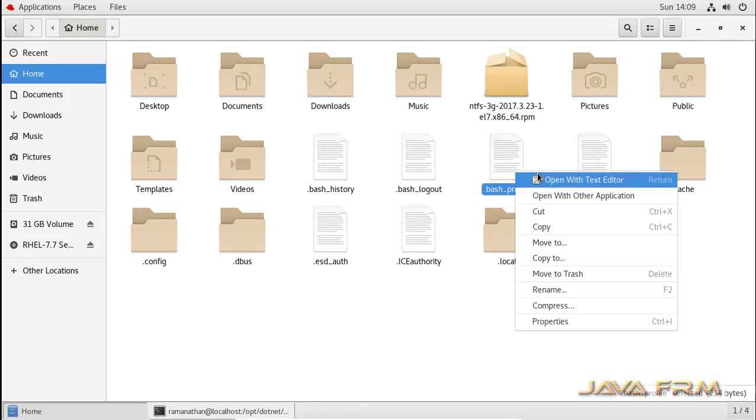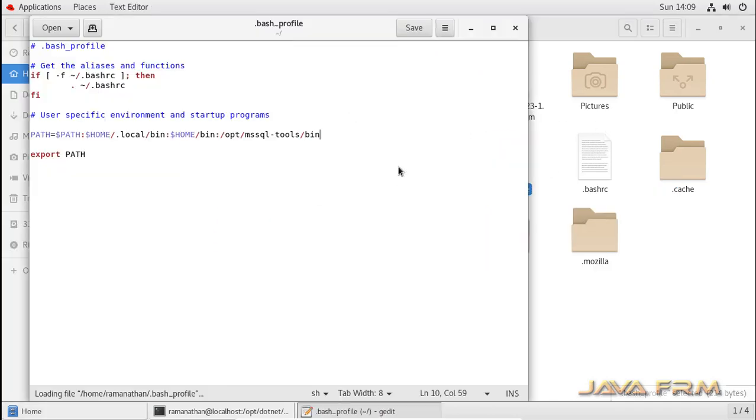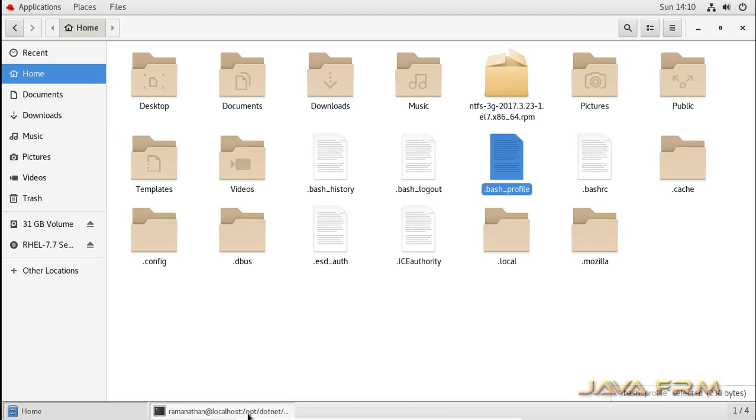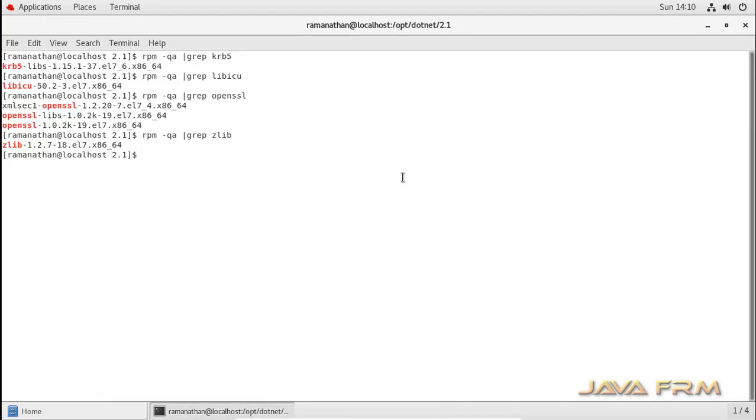Now let me go to the home directory and open the bash profile. I am going to append the .NET Core 2.1 installation path to the PATH variable, so that .NET commands will be available in the terminal and you can compile, run and deploy .NET applications from the terminal itself.